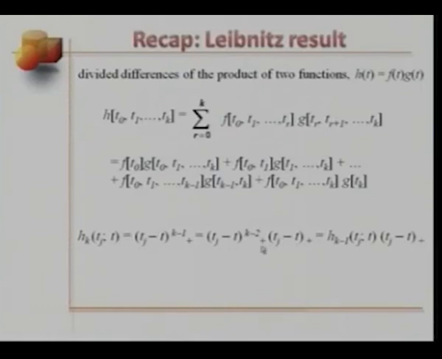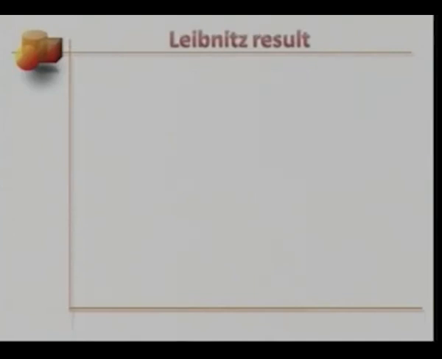This expression here is h sub k minus 1 [tj : t], and this expression here is simply (tj minus t) truncated. We computed the divided difference of hk[tj : t]